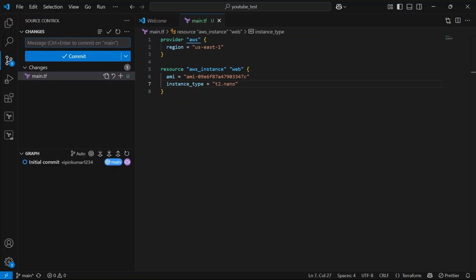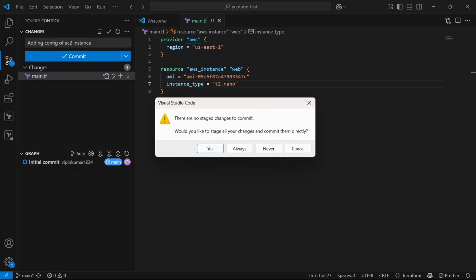Now we have to add a commit message, right? Adding config of EC2 instance. Okay, so now we click on commit.